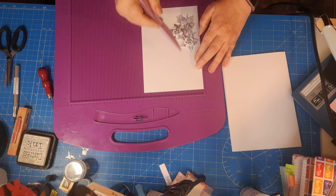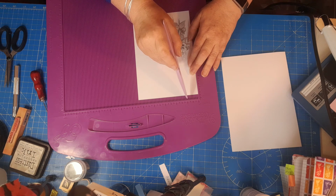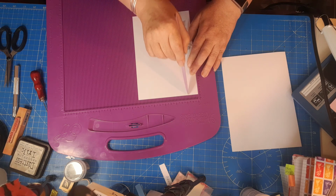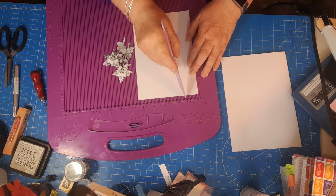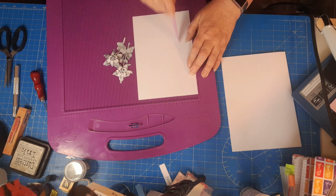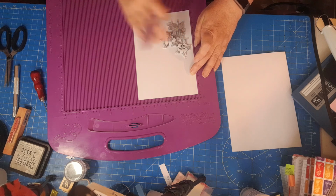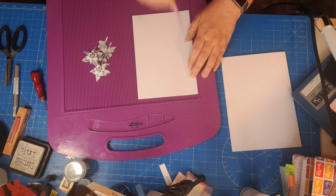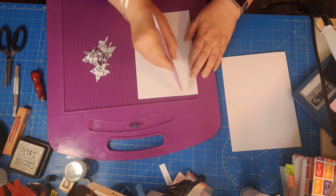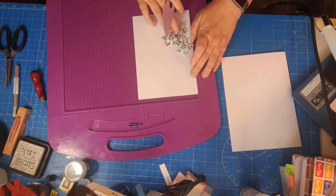And what I want to do is to add some interest down it. So I think, round about there maybe. And I'm just going to pull that down, and I'm going to score every 1/8 of an inch like that. I'll pop that back on. And I think I need some more. Just another couple, and this just adds some detail to the card without detracting from the topper itself or taking it away from being a clean and simple card. So if I pop that back on there,